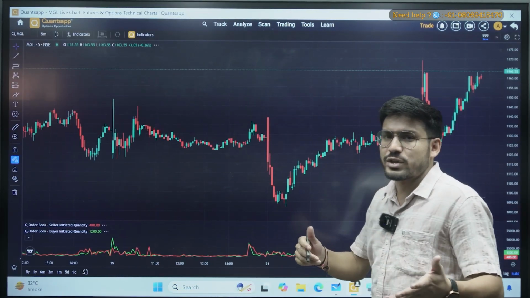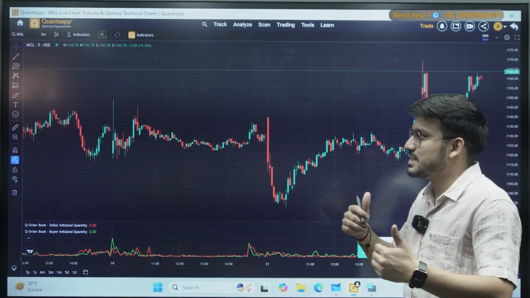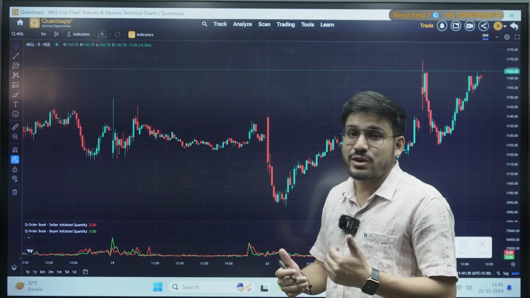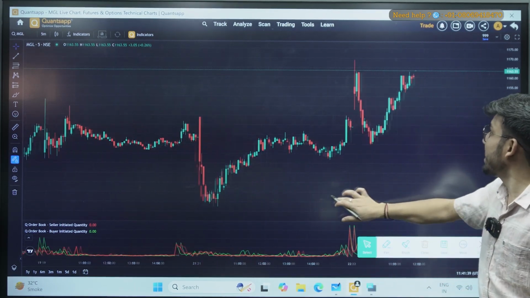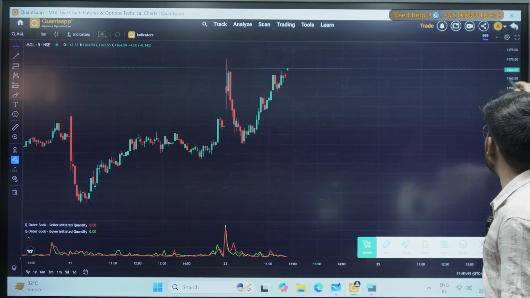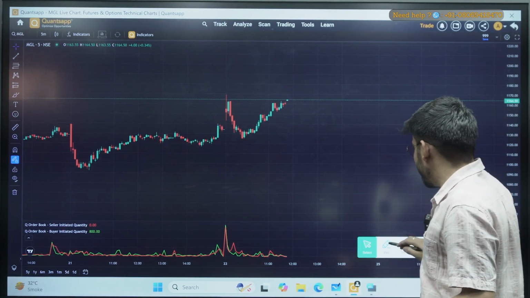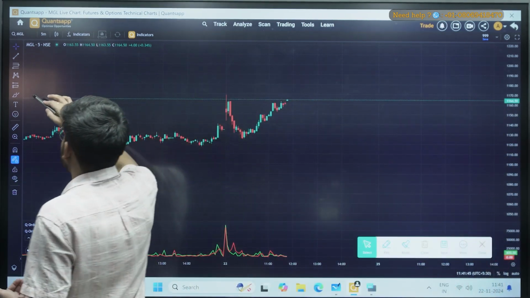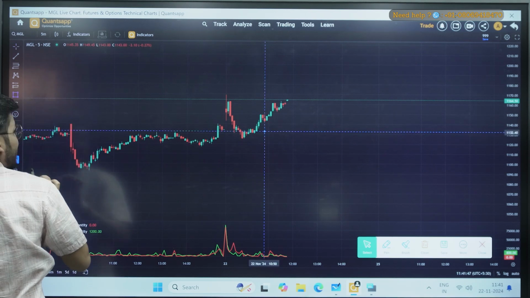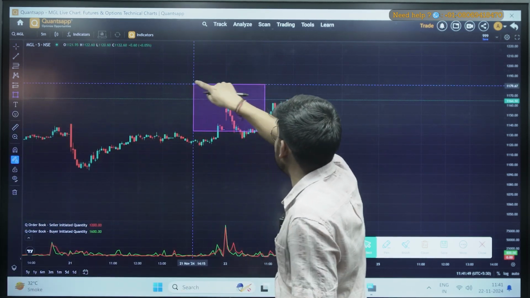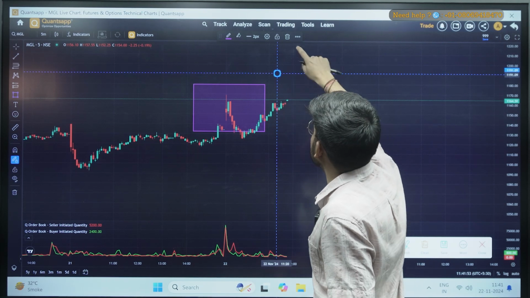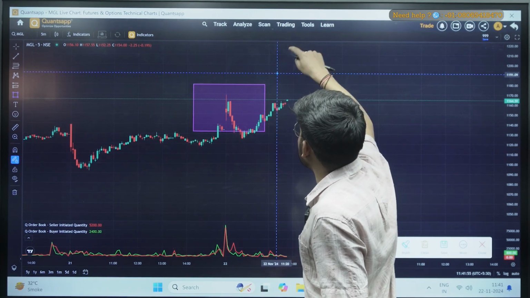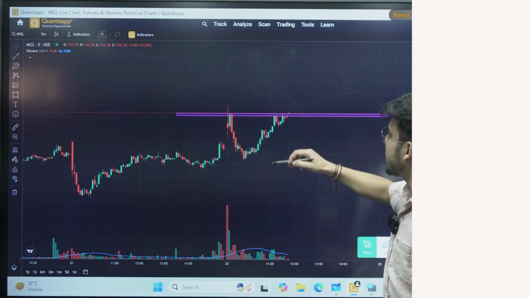I just have to look for where there is a very good resistance or a very good support, or if the market is breaking out with good volume. At that point of time I can make a trade. You can see here in this stock as well, the market is currently breaking the resistance. If I make the resistance here as well in this stock, let me quickly draw this. Just hold for a second. So you can see here